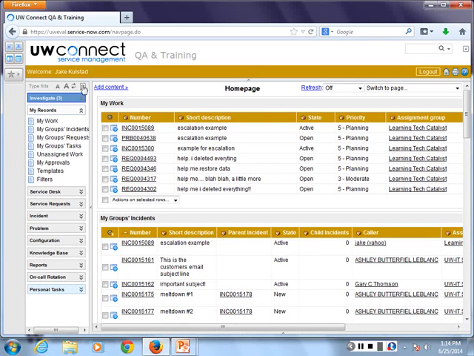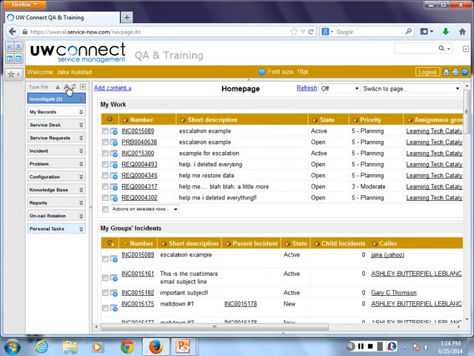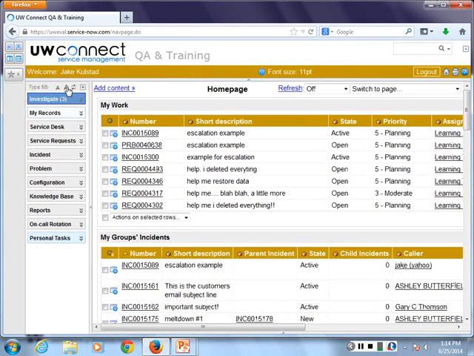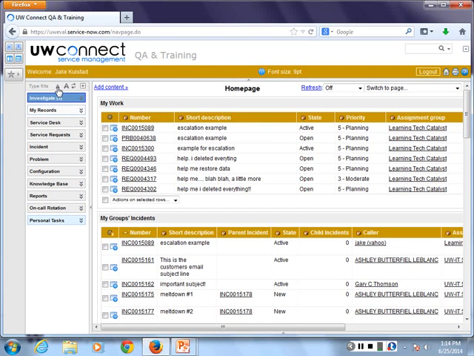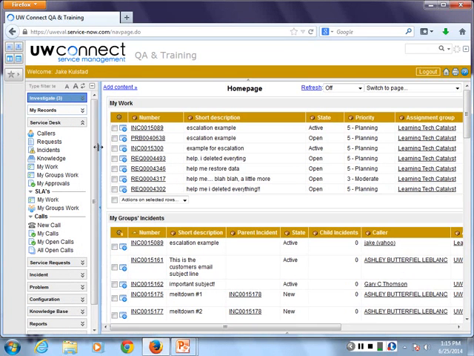You might notice that as I navigate my application navigator, I'm going to try not to scroll around a bunch. There's a lot of stuff hidden in there. And if you're having a hard time seeing stuff on your page, if you could click on these big and small A's in your application navigator, that's going to help you with your text size. I sometimes see people squinting and looking over their glasses. Check that out. I've made my stuff pretty small, but my hope is that you can see on your screen what I see here as well. Excellent. Let's click on the Service Desk application. In here, we have what is called the new call module.